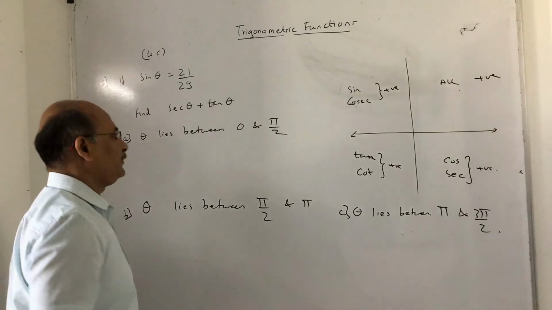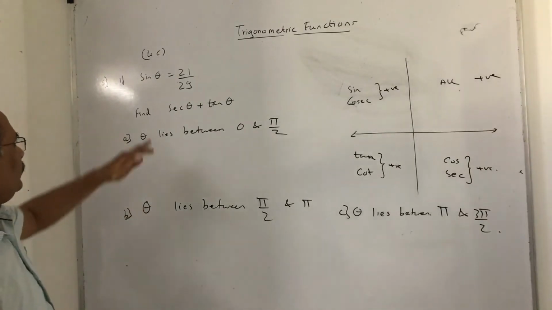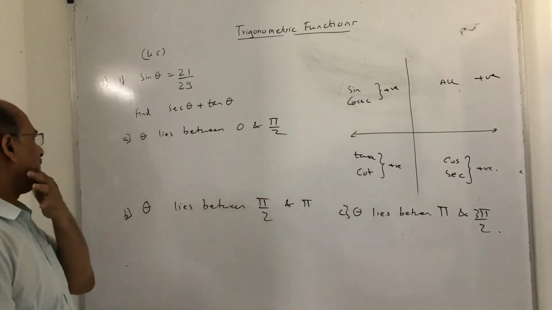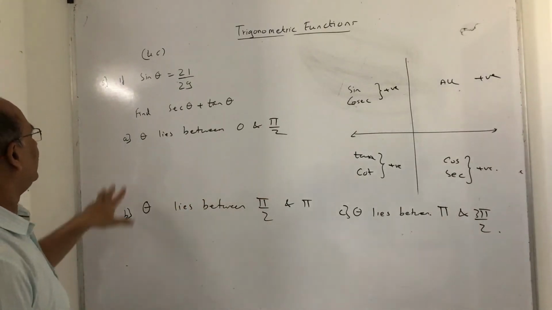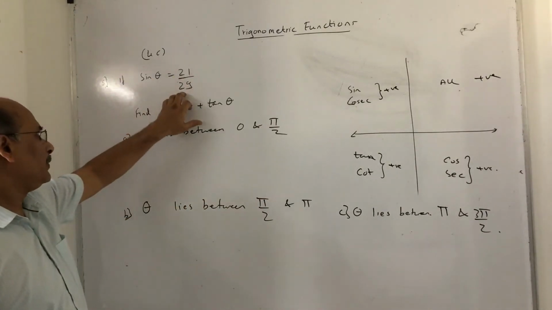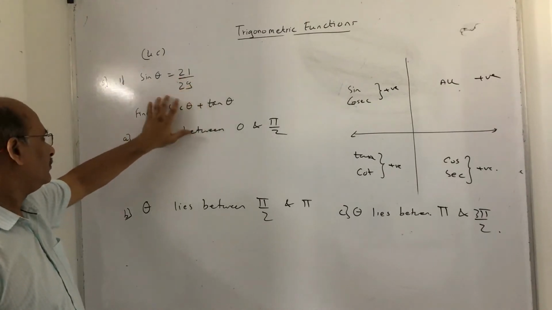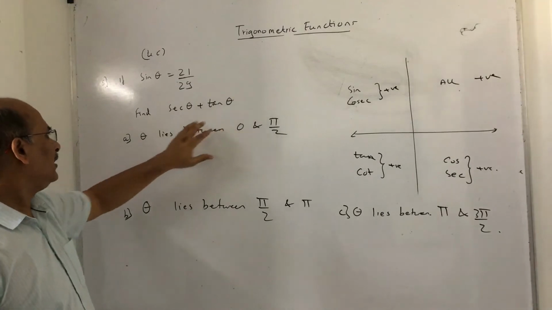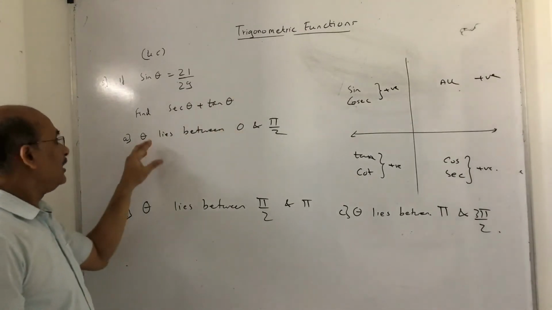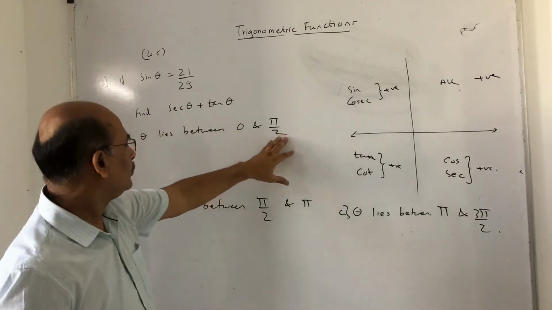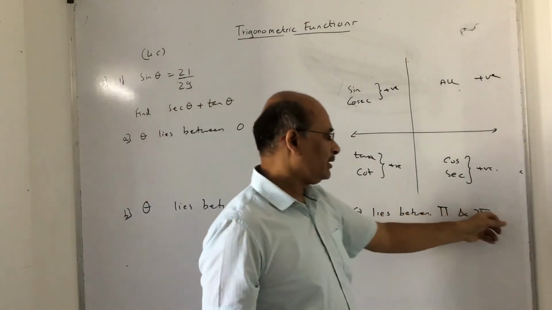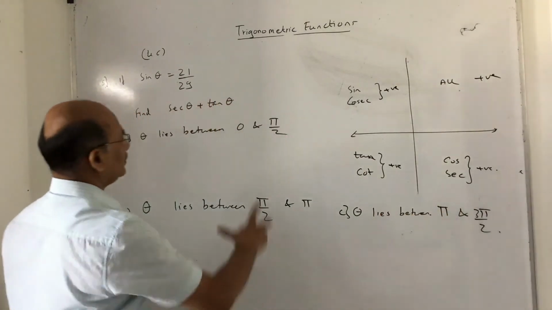Okay, let us see the fifth question here. In the fifth question, I had given 3 subparts, so there are 3 different values. Now, coming to the point, what they had given us is sin theta equals 21 upon 29. They ask us to find the value of sec theta plus tan theta if, in the first case, theta is between 0 and pi by 2, then theta lies between pi by 2 and pi, and then theta lies between pi and 3 pi by 2. So basically, 0 to pi by 2.